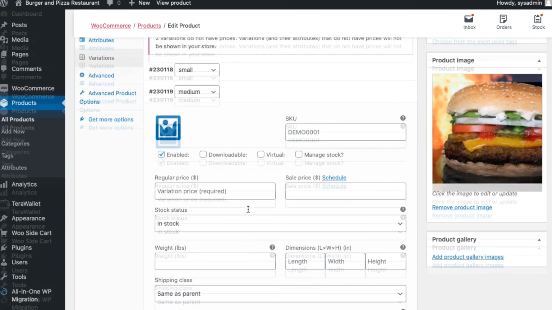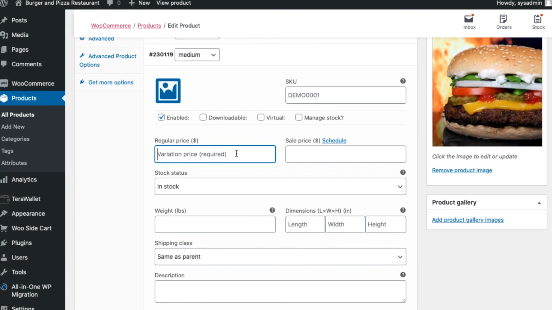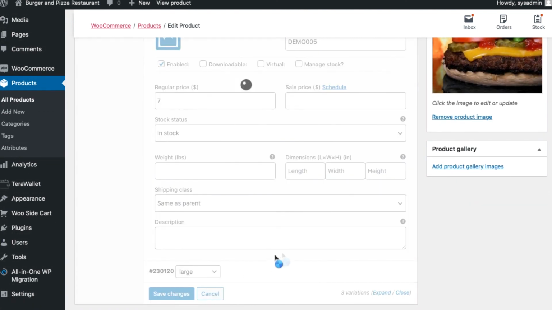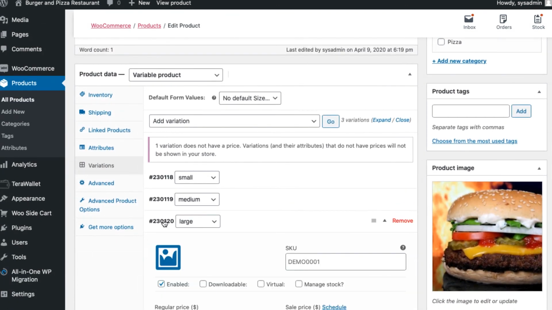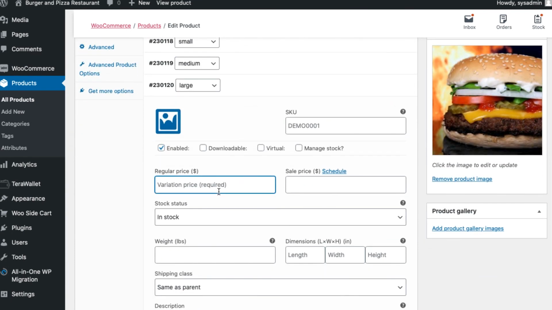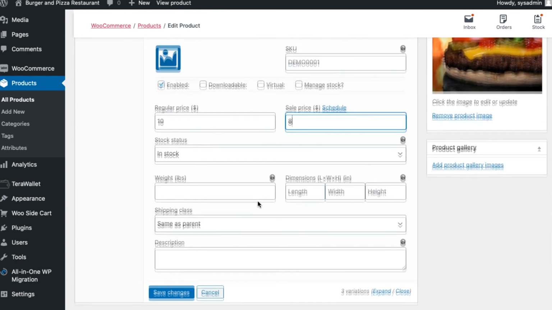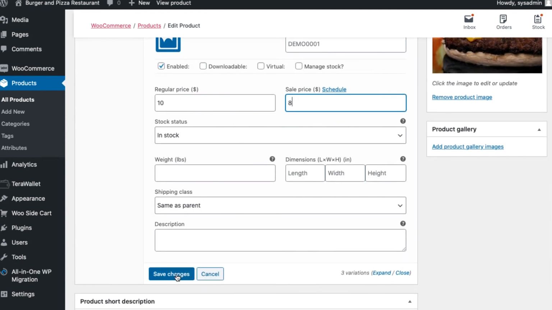Next, let's do medium. I'm going to say a medium burger is $7. And my SKU number is going to be that. And I'll hit save. And then I will do large here. And for large, I'm going to do this trick here. Check this out. I'm going to say that a large is $10, but it's on sale for $8. And you'll get to see how this looks in the listing in a minute. Okay? So now if I... Oh, we have to do the SKU number there. Okay, now if I hit save, all those things will be in,